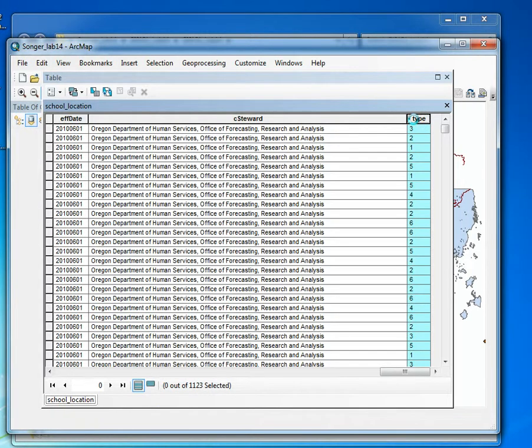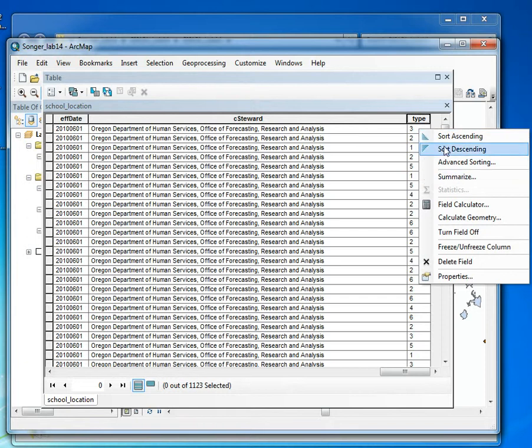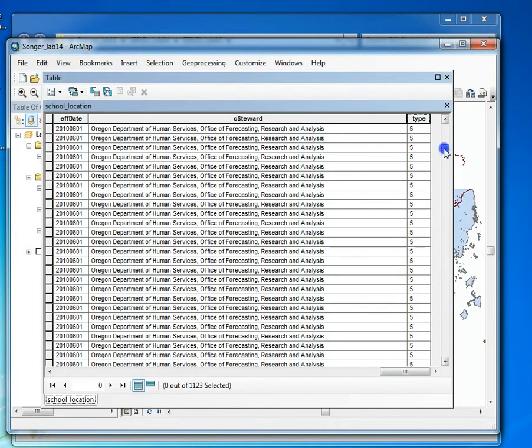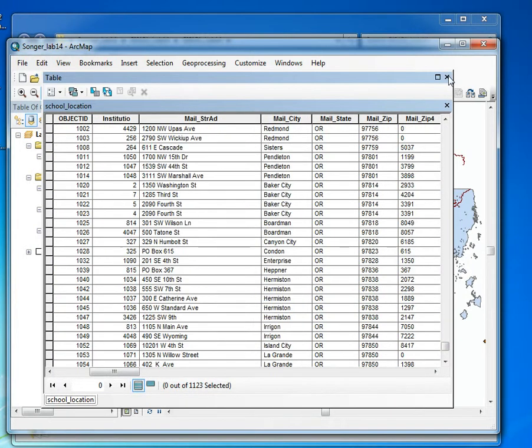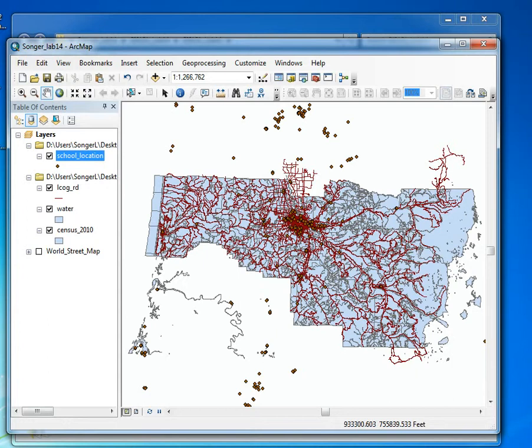And I want you to explore 1, 2, 3, 4, 5, 6. Explore these different numbers and see what they seem to be related to. They kind of relate to a school type. Okay, so